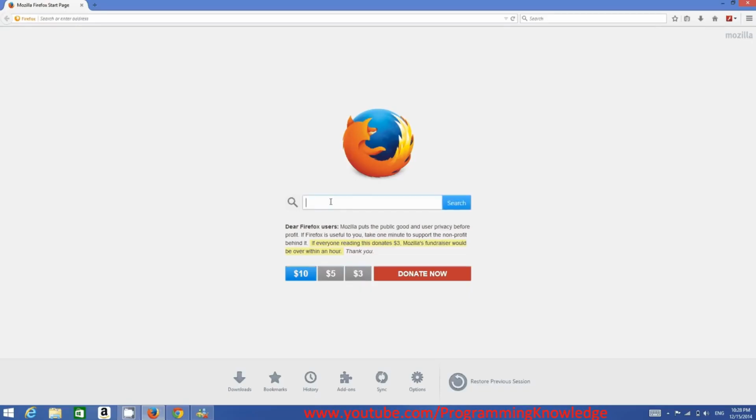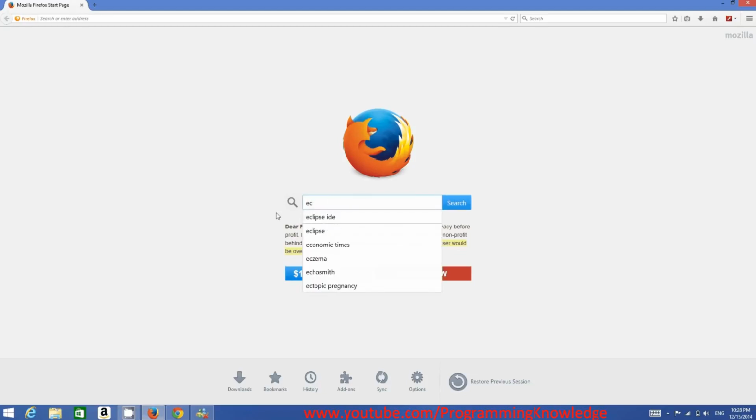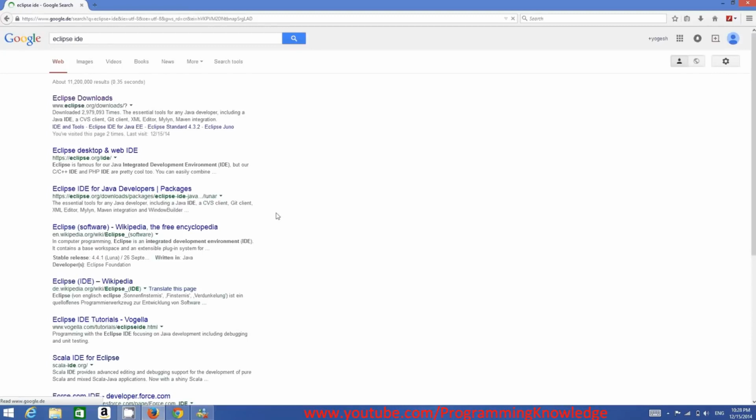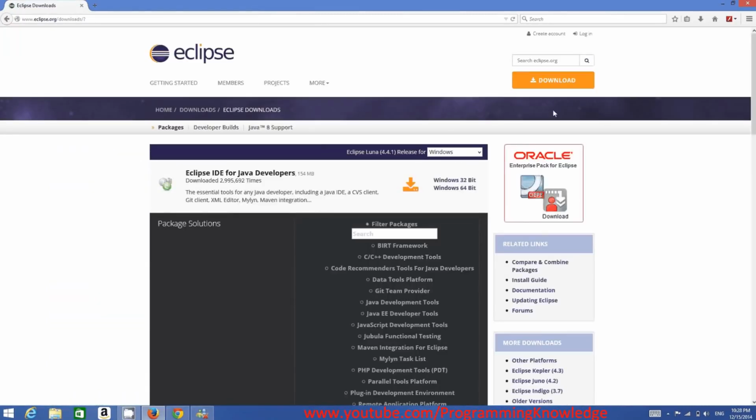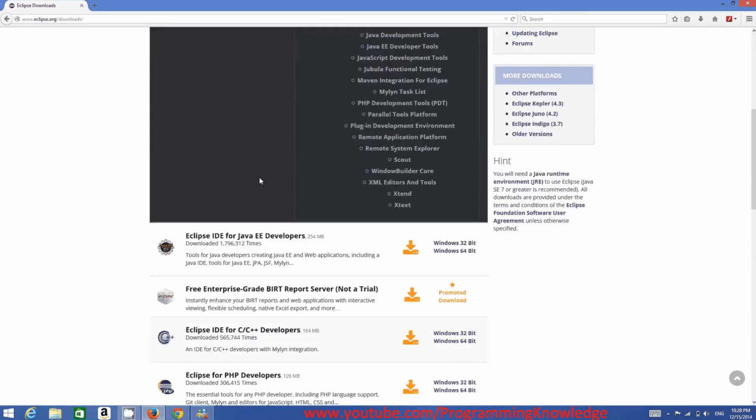So first of all, open your favorite browser and search for Eclipse IDE. And the first link hopefully comes here is www.eclipse.org. Just click this link here. And in here you will be able to see this download button. Click this download button. And in here you will be able to see different